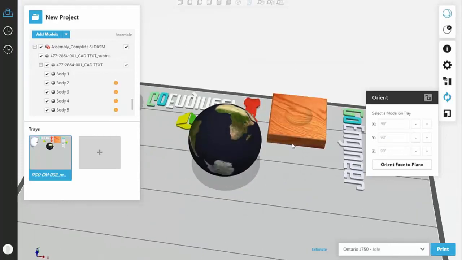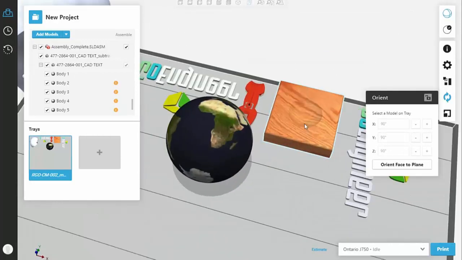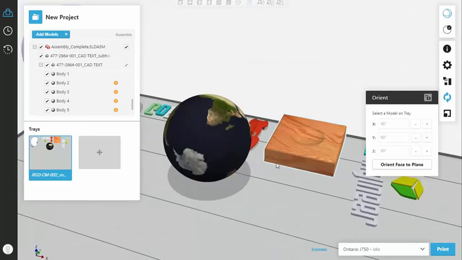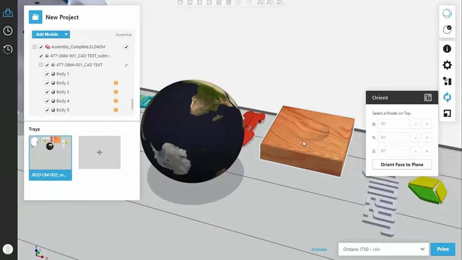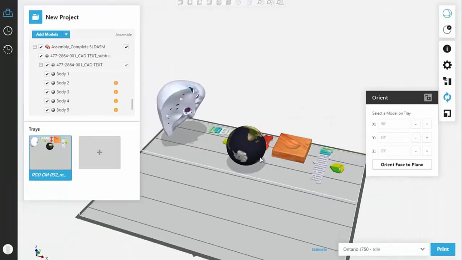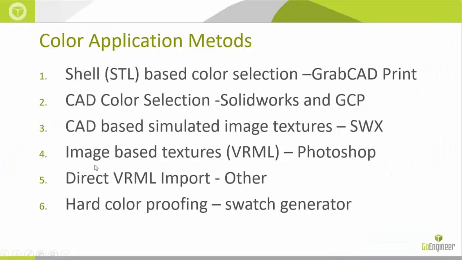So it looks maybe even better in GrabCAD Print than in the Photoshop display window. For a first glance, I would say that might pass as wood. And of course, after this prints, the globe will sit right in there. Jumping back to our slide, what I just want to show here, we've already looked at,